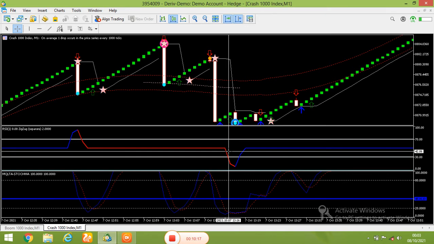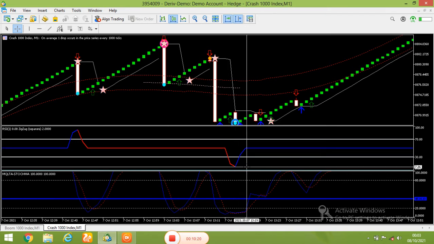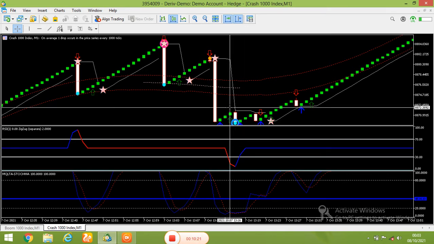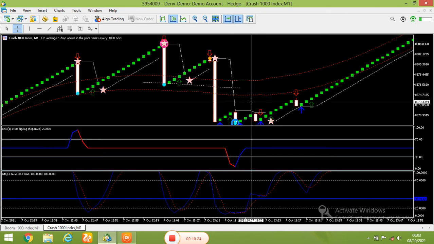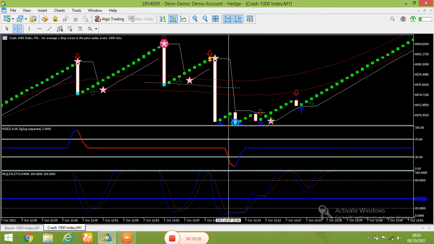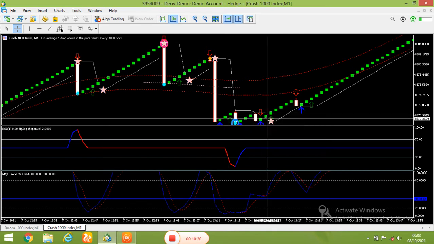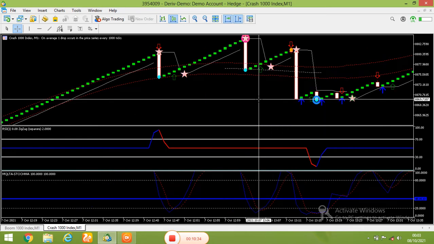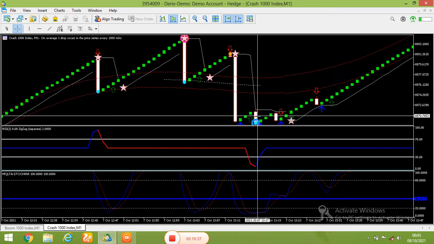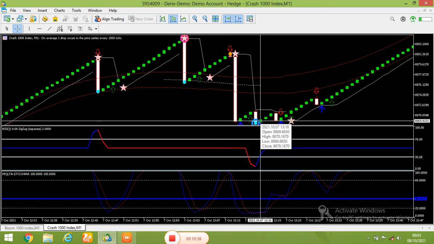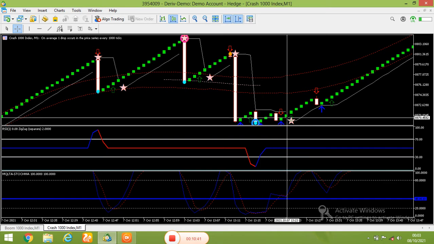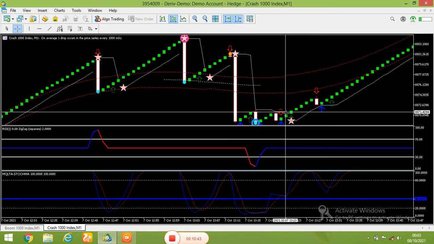So on my next video, I'll be sharing with you the use of this stochastic. So at this area, we're not able to have any losses here, guys, until our condition was met around this area, because we still had the blue ball still indicating that okay, we should get ready for a buy as soon as